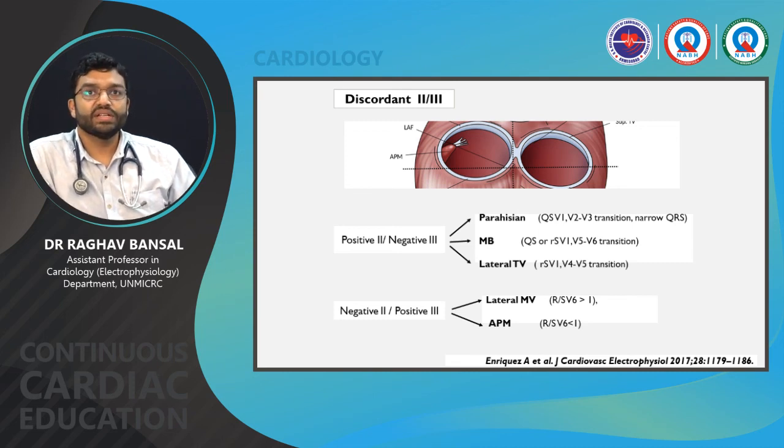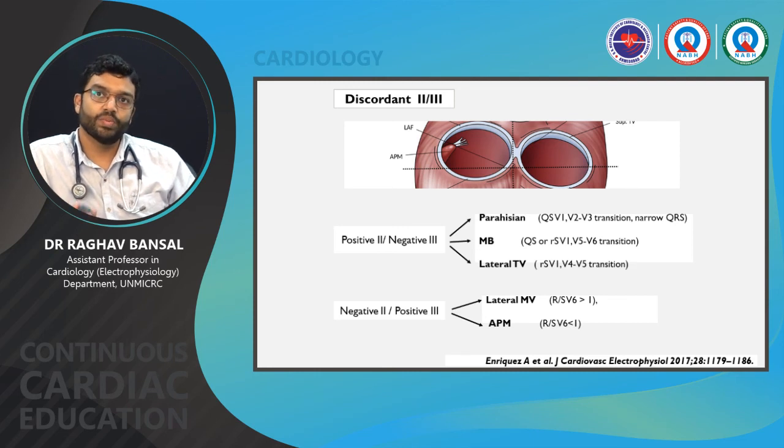Lastly, if we have a discordant lead 2-3 correlation, where one of the leads is positive and the other negative, we cannot easily classify in the superior and the inferior quadrants. That means we are somewhere in the middle. So if we have a positive 2 and negative 3, it means that the structure is right sided, because lead 2 is pointing towards the left and lead 3 is pointing towards the right. So positive 2 and negative 3 is a mid cavity structure, pointing towards the left and